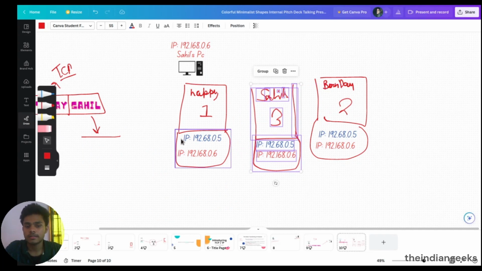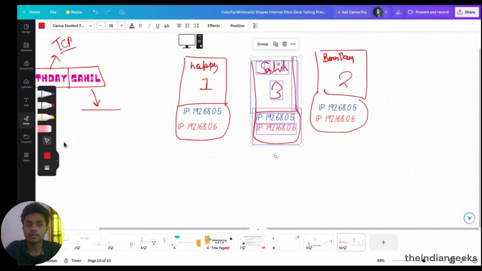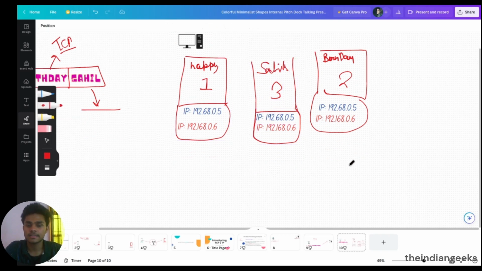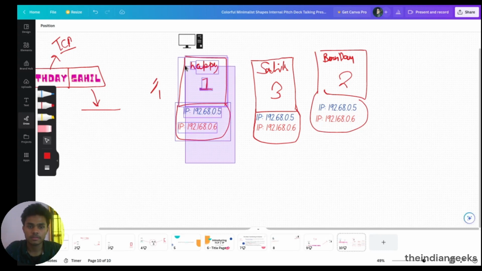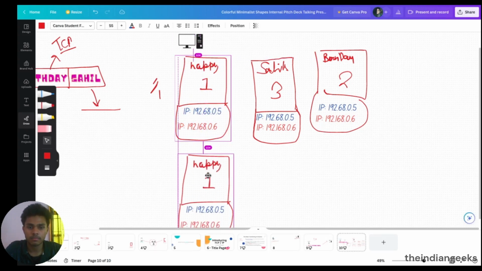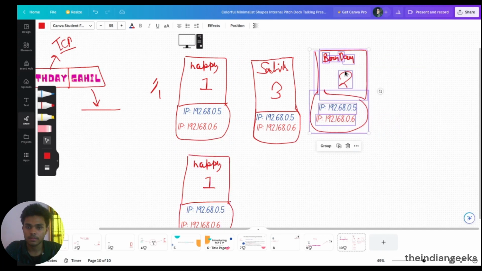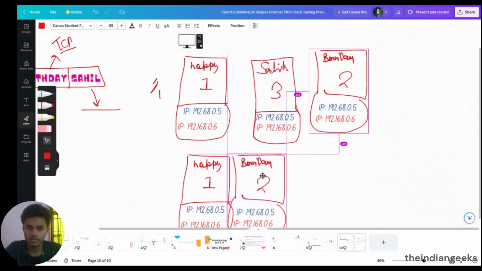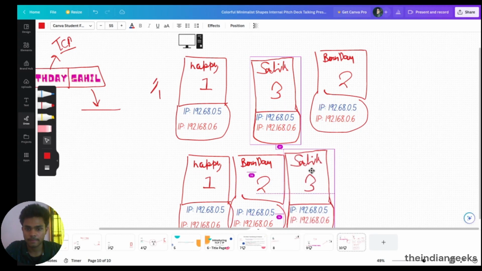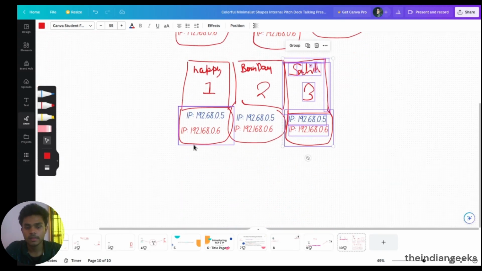Now you can notice that the packets are not serialized; the packets are not in order. So the last job of TCP is to arrange the packets depending upon the serial number. Packet number 1 will come first, packet number 2 will come second, and packet number 3 will come third.